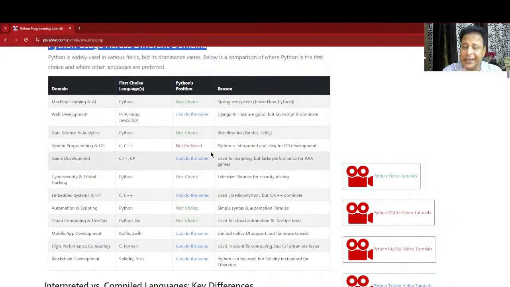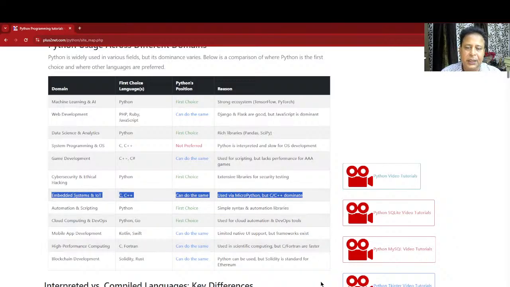You may not agree with me, because there are also boundary cases. Suppose you are using C or C++ for some machine-level interaction, say you are reading some data and creating something. All of those are used there, and Python also. But if you are using Python, I can say fine, the future is there. So you may not agree with me. Just write it in the comment section. I am particularly talking about embedded systems and IoT. You may not agree here, because slowly Python is also entering this area.